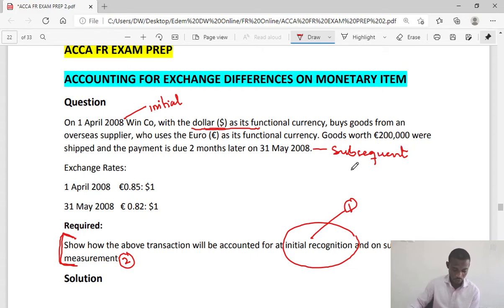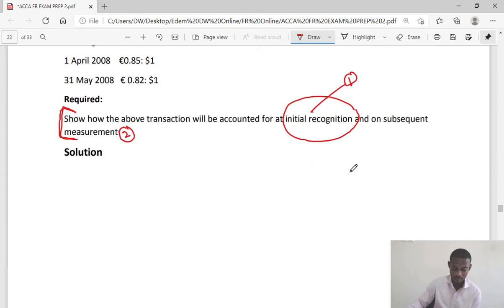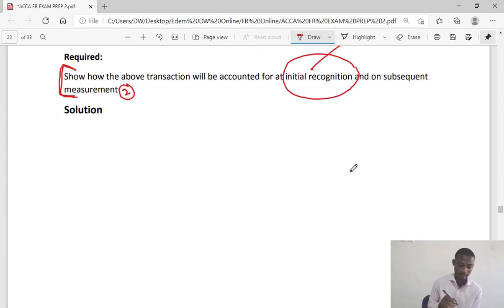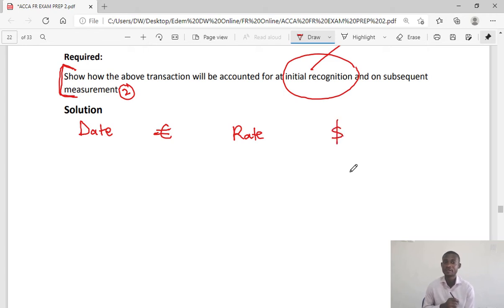Now, let me just take you through a simple process of accounting for the foreign gains. I'll have a date here. Then I'll have the euro, which is the foreign currency. I'll have the rate of exchange, and I'll have the dollar equivalent, which is the functional currency. So a very simple table. Now I'll say that on the 1st of April 2008,